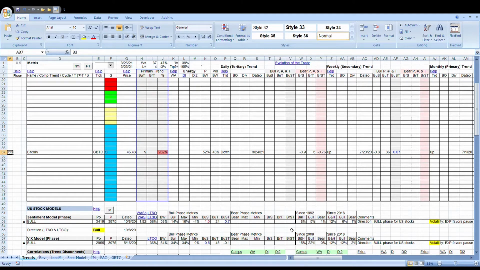It's a setup which we call in the evolution of the trade an alignment and energy phase, because the primary trend is up, but the three time frames are no longer in agreement. And eventually, if this dips down and then comes back up again, we'll generate a reset, and whether that reset is something that you want to escalate the core position. The core position is up, so we're long Bitcoin. We've been long Bitcoin for 9 months, and it's produced a 262% return.